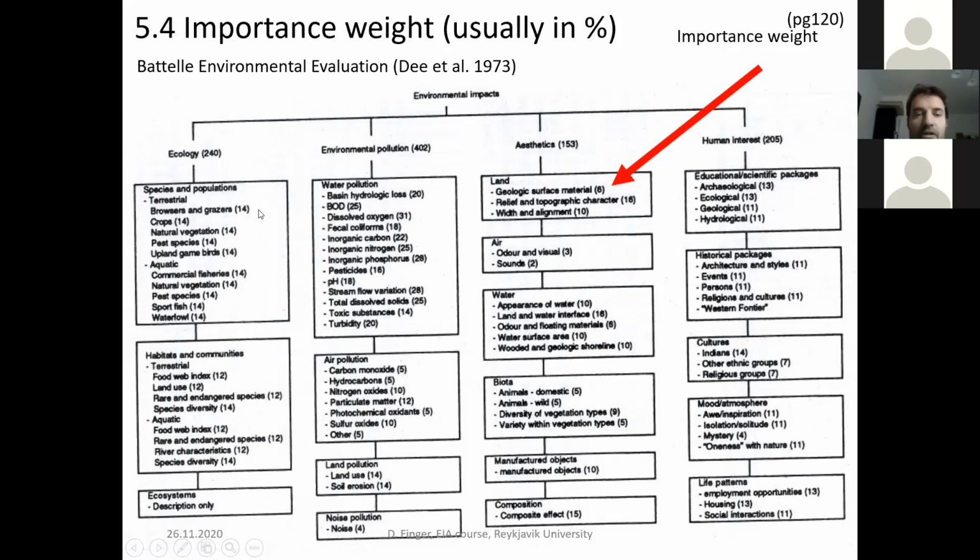And this typically could be done through interviews with biologists, with environmental agencies, or with experts in the area. The same thing with environmental pollution, same thing with aesthetics. How is the project going to impact the landscape? And the same thing with human interests. So the main point of this slide is simply that you can use the